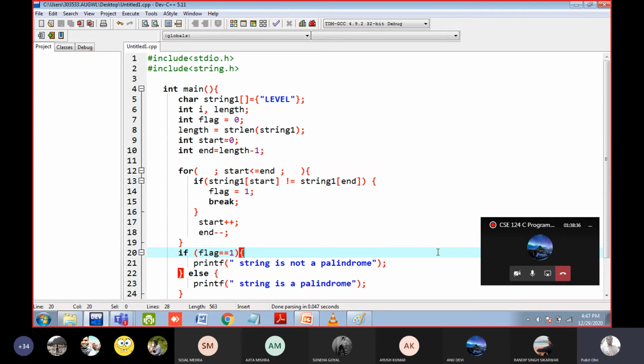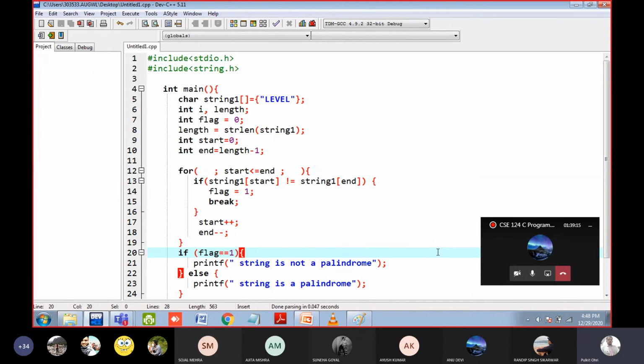For example, how printf works, how scanf works, is written inside stdio, the standard input output header file. The header file code is available on the internet, you can check it. It is a very large file. It tells the compiler how printf works, how scanf scans the input. Similarly, string.h tells the C compiler how strlen will count the characters, whether it will take the null character or not. Of course, strlen will not take the null character, but sizeof will. Its code, how it works, is written inside string.h.